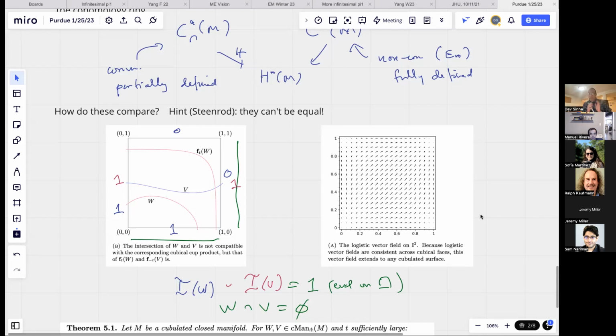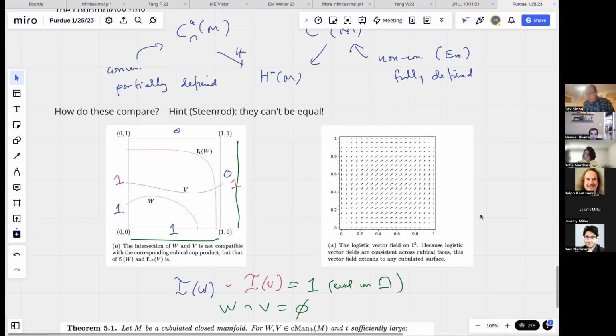Actually, some other folks, I know my colleague Robert Lipschitz and some gauge theorists, have used this as well. There's a beautiful vector field where you take a way to flow from 0 to 1, and you can then take the product vector field on any cube. So we use the standard logistic map, so we call this the logistic vector field. Then the product is now a way to flow from the initial corner to the end corner.